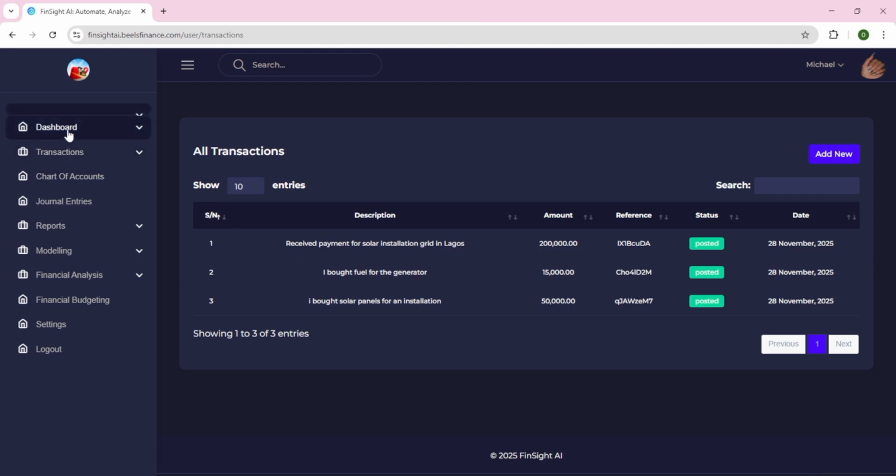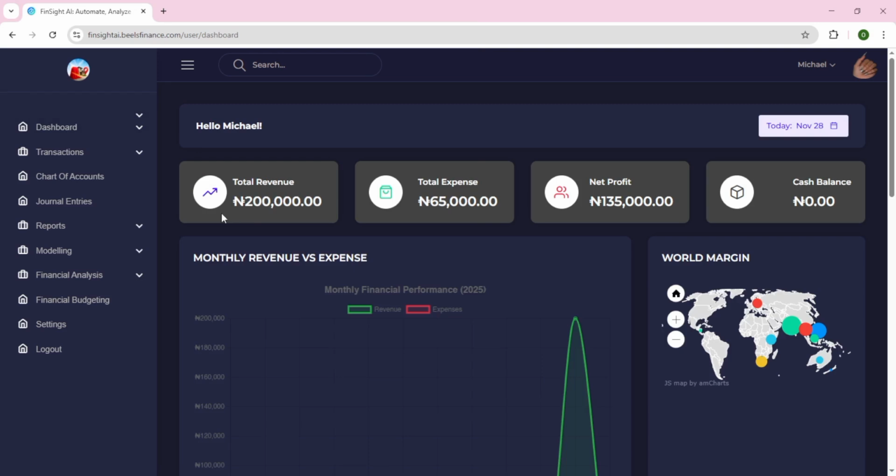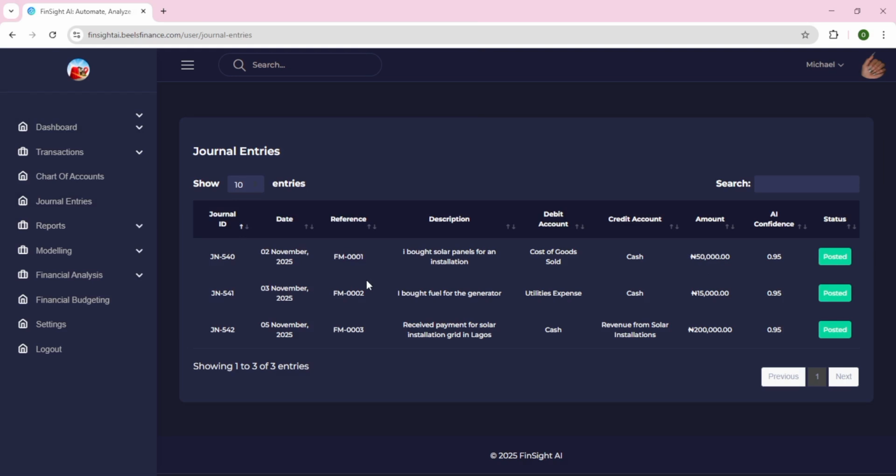Yep, everything intact. Let's check out our dashboard. Okay, so revenue is there, total expense is there, net profit. Let's check our journal entries so we can see all the places. All right, so that of fuel, look at it. Utility expense, and then for